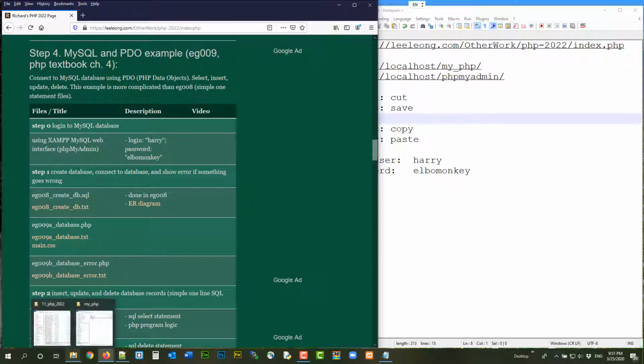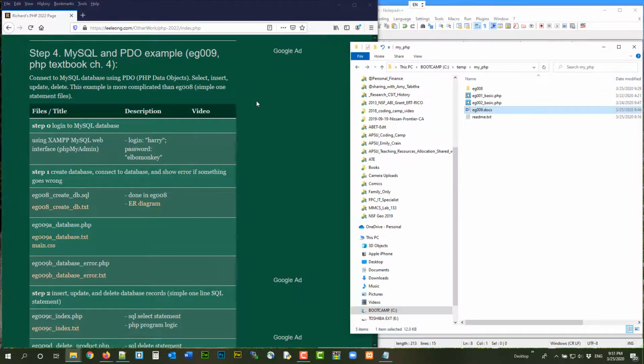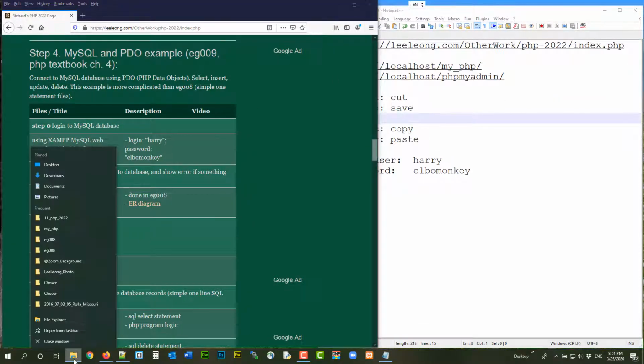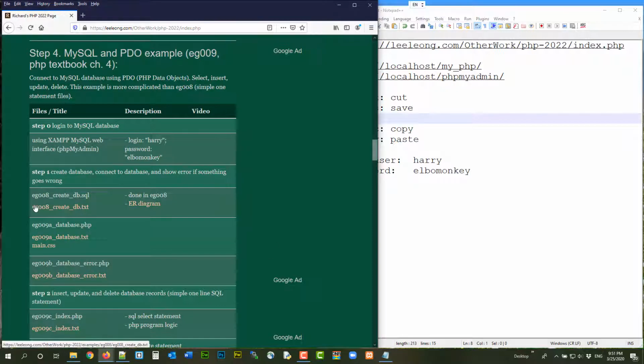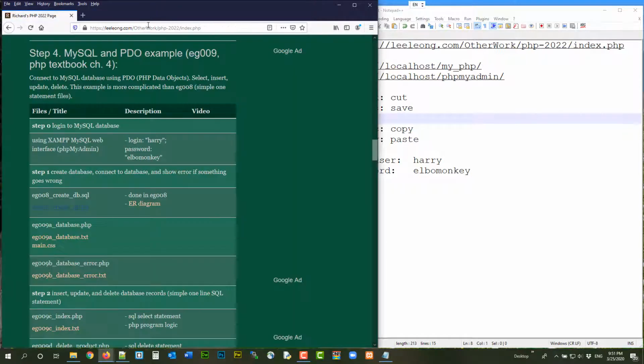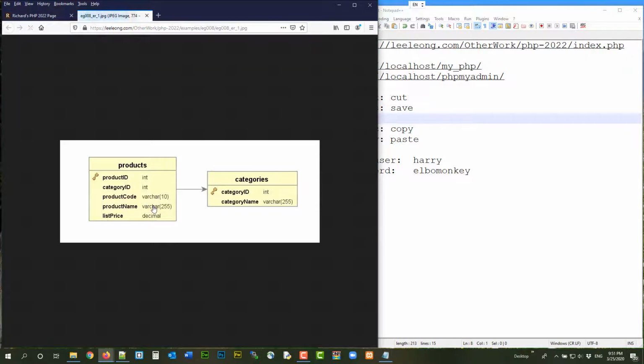So if you still remember, let me close this first and open this again. In eg008, we created a database using this SQL file, and that SQL file actually created a database with two tables. Following this ER diagram, we went with a one-to-many relationship,